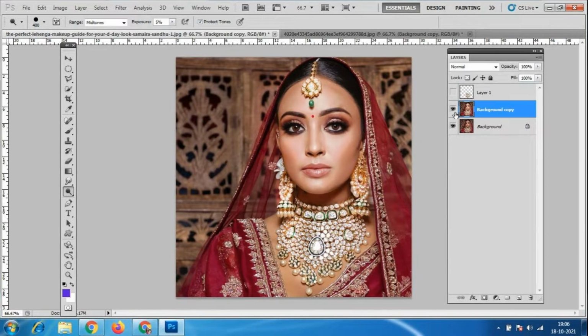So the complete thing you can add. I'll reduce the brush size if I want to make this dress and these borders more bright. At that time also we can make them bright here.